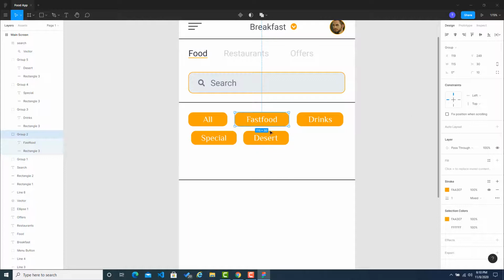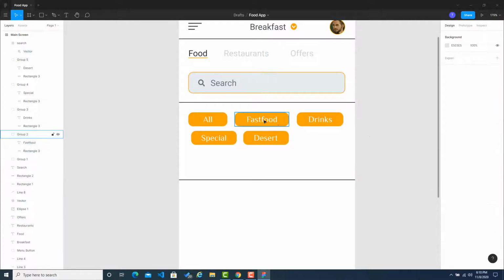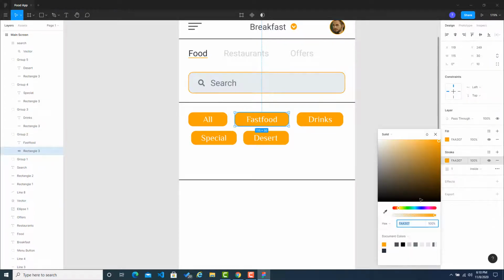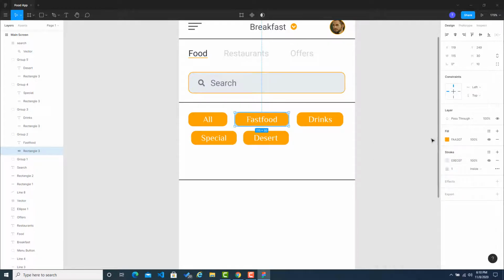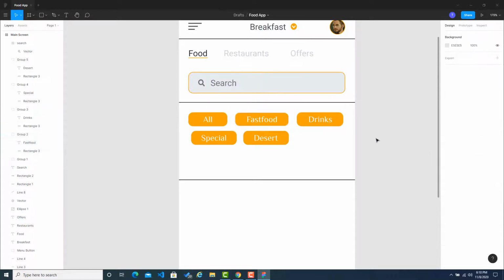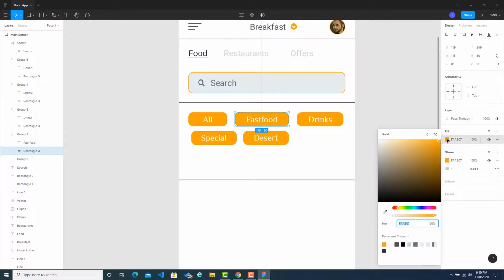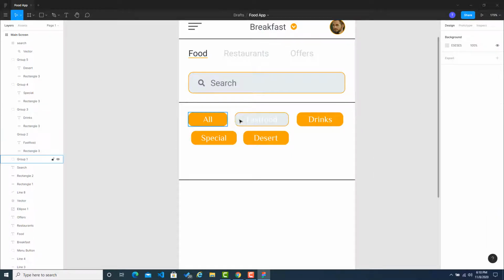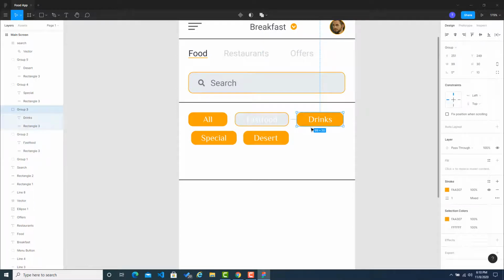So for these buttons, I want the color to be this one. So in the color, not the solid color, so stroke, the fill. Okay. So this looks something like this, and